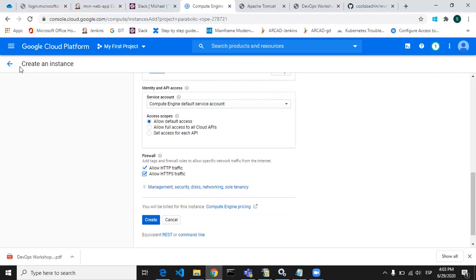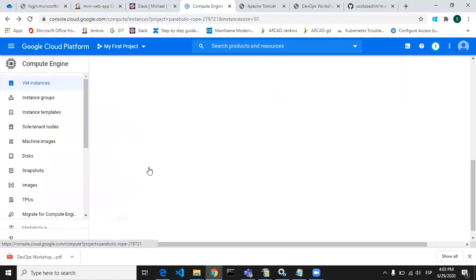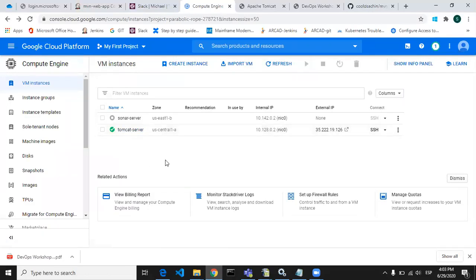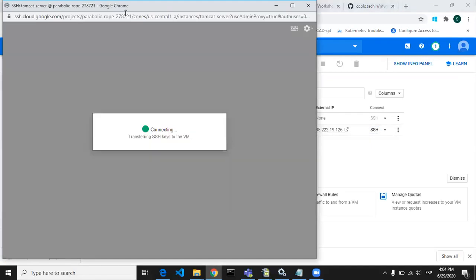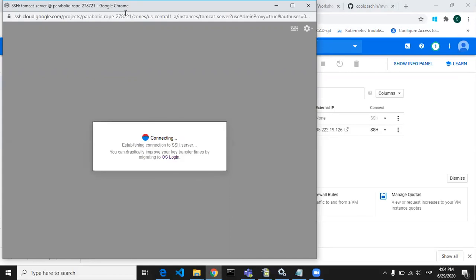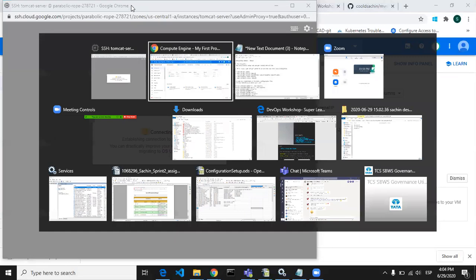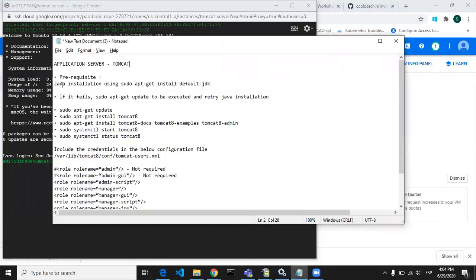As I already created the Tomcat server, this one, let me go through it. Okay, so you have to click on SSH for this. This is nothing but a terminal for that Ubuntu instance. Once it opens, to install Tomcat in your system you must have Java already installed.